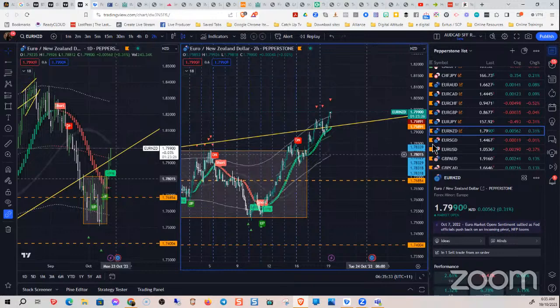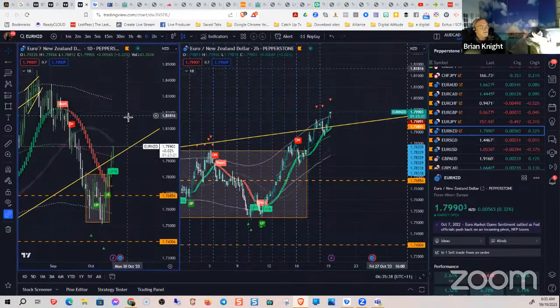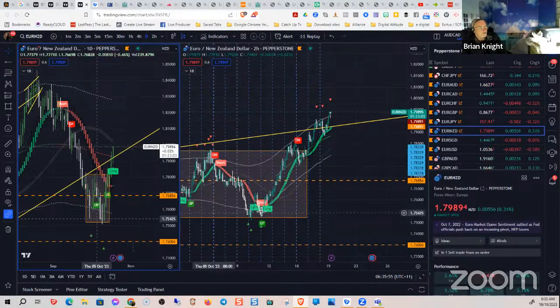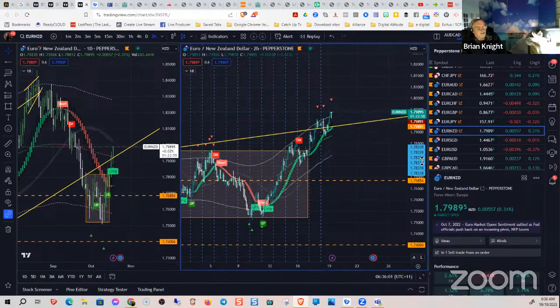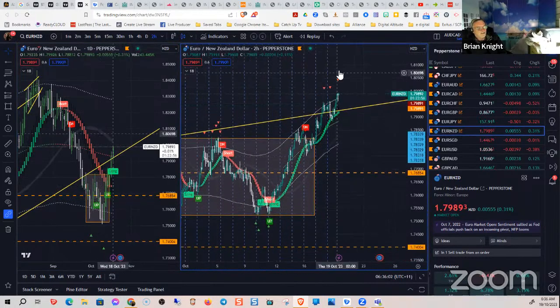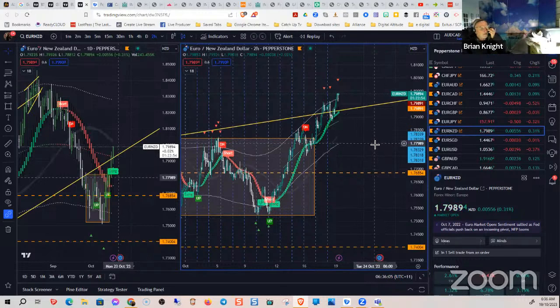On the daily, look at that. I mean, it's just shot up. Yeah, so I'm looking for it to come back someplace. But that push up was because the New Zealand dollar was really strong and now it's weakened off. It's not necessarily that the euro has strengthened a little bit, but it's definitely the New Zealand dollar has gone, because they went to election, and obviously this is the result of it.